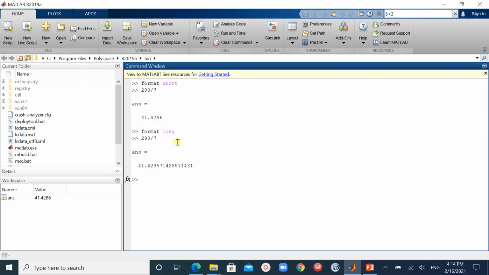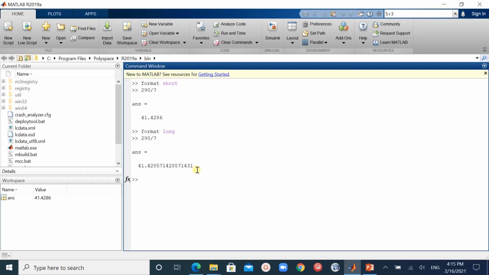When I did format long, it will display this value. It consists of 14 decimal digits after the point. So according to the algorithm's requirement, we can change the format of the program whether we want short or long.